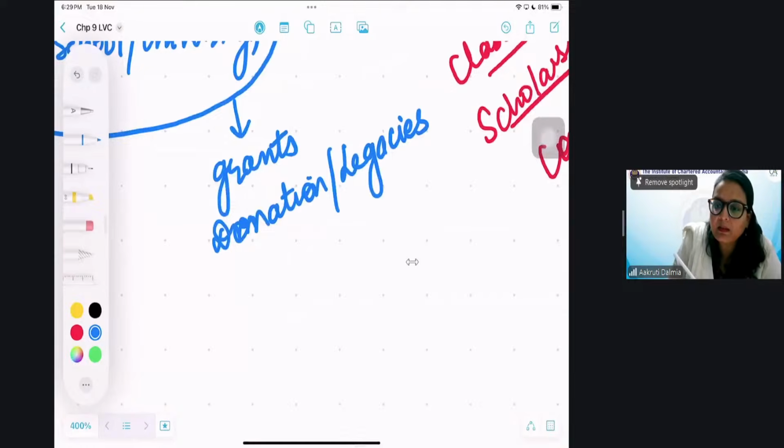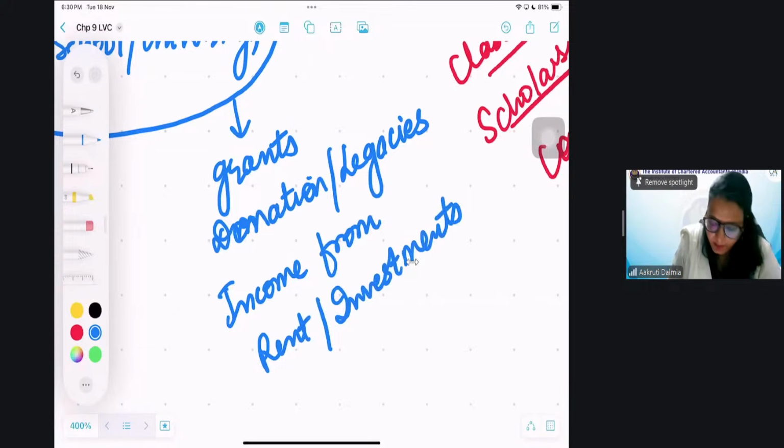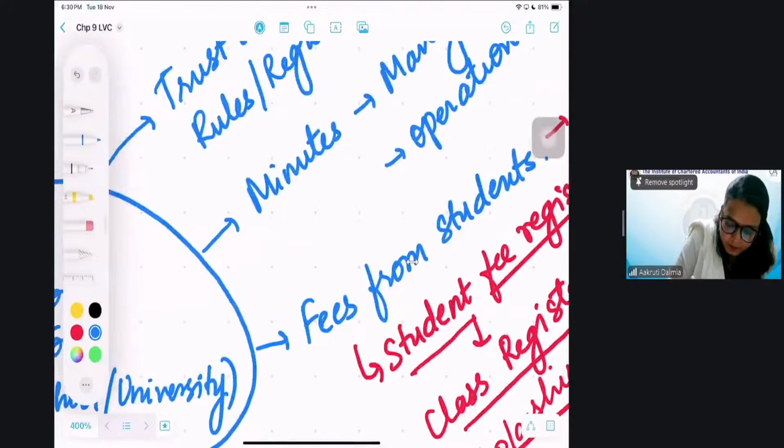And next, they can also receive income from rent and investments. Okay. They can also receive income from rent and investment. So these are the other receipts. Okay. We are still doing R. So here